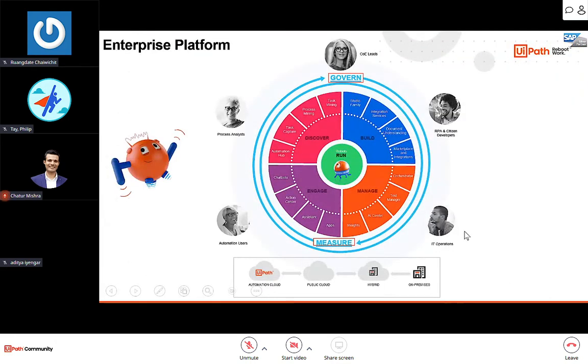Now, this is our platform. We basically categorize all our products into different pillars, and at the core is the robots that will actually execute the automations that you build. In order to build these automations, we have multiple enablers. Obviously, Studio is the tool that you would use to build automations. That family comprises three tools. One is the Studio Pro, which is the feature-rich and the most advanced one,